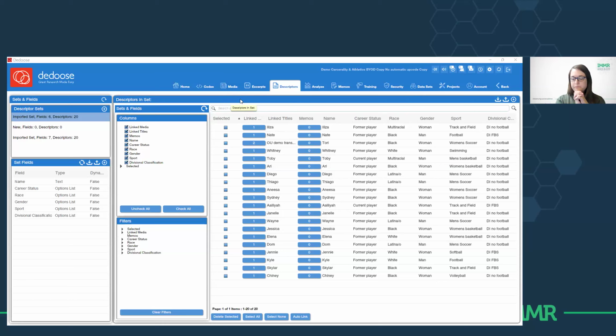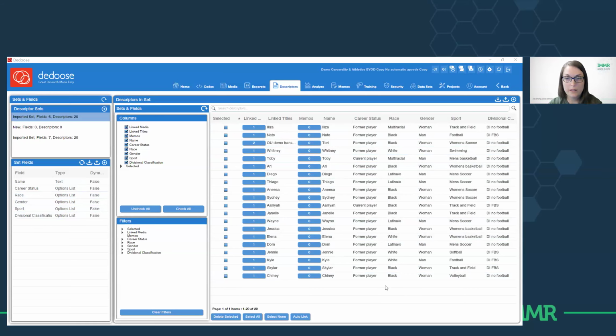So all in all today, start with your unit of analysis and build out, like Michelle was saying, on a whiteboard, on a Post-it note, what you're interested in about your unit of analysis, and that will build out your fields. Highly recommend creating a data catalog, because again, you can just import that and Dedoose will create these profiles for you. And then you'll think about which technique you want to use to link your qualitative data to these descriptor profiles. If you have multiple pieces of data for a participant, no problem. You can link all of them to the same profile.